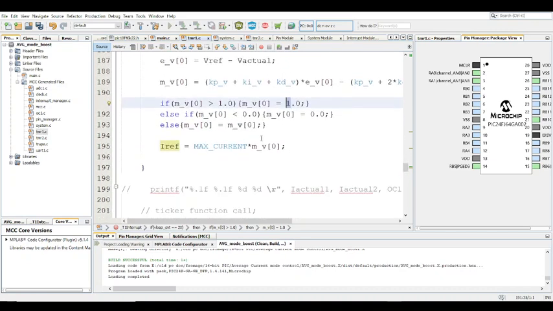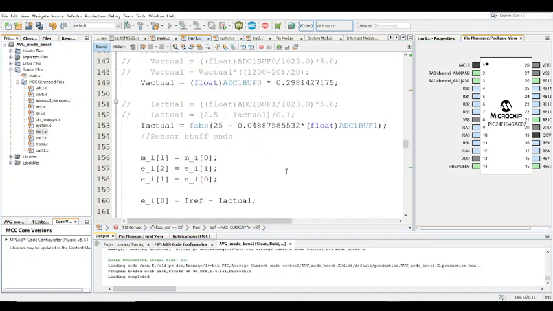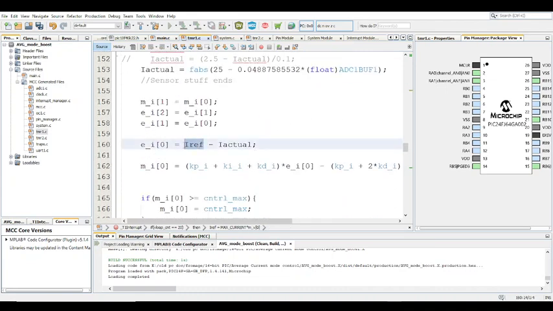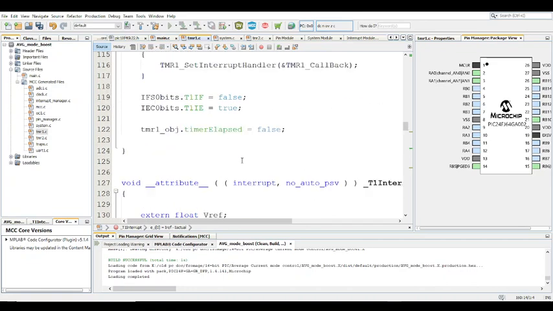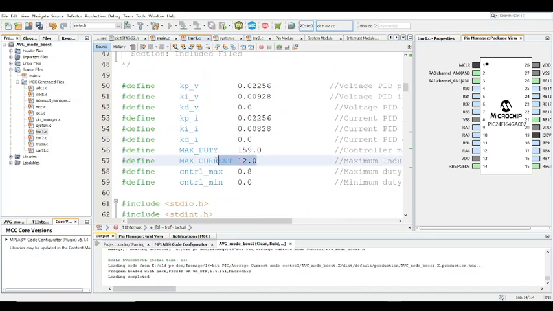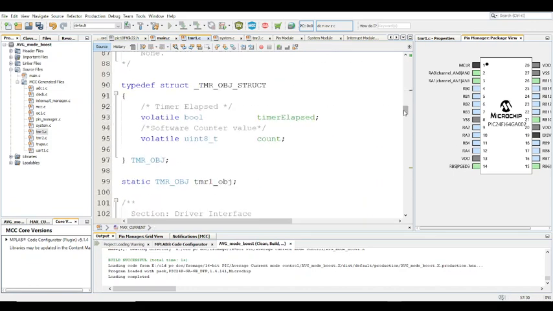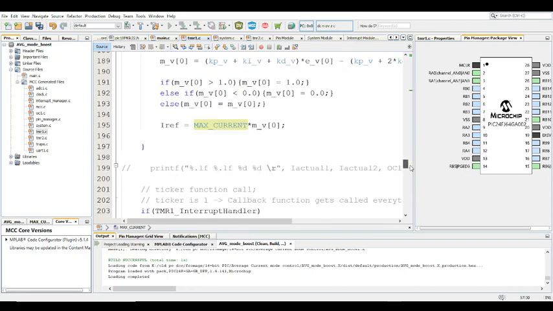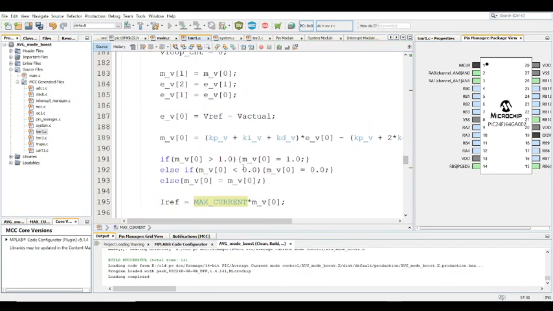This can be 1, but there's also a value here called the max current. So what do you want the max current of this to be? You want to limit that. Remember I talked about an inherent current limiting feature? So this is it. The max current in this case, if you look up here, is defined as 12 amps. So it's never going to go above 12 amps. So in essence, you're basically protecting